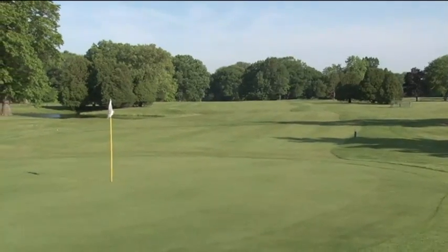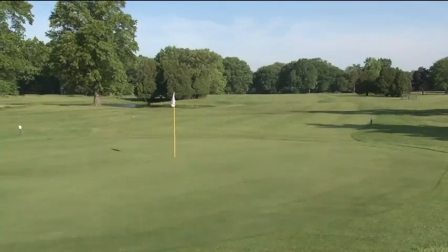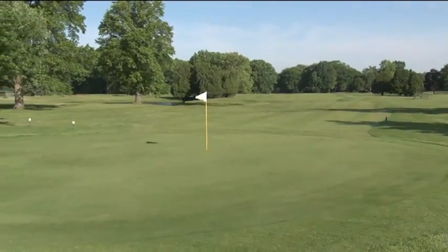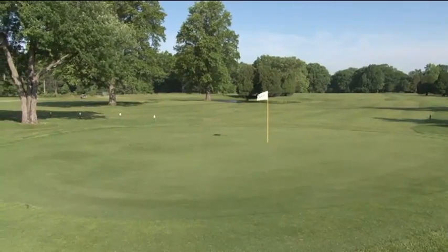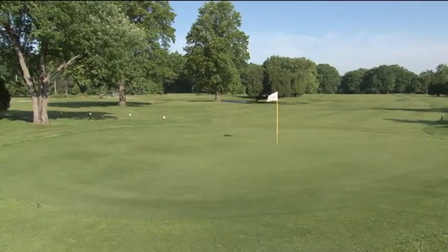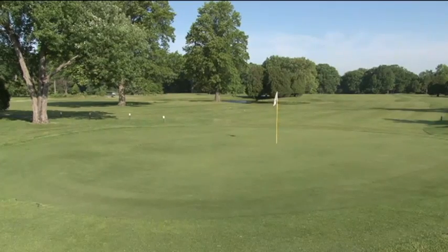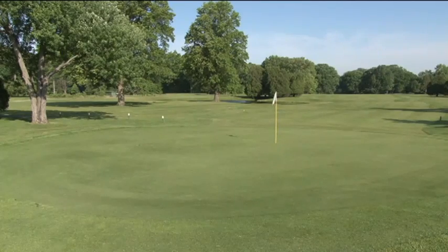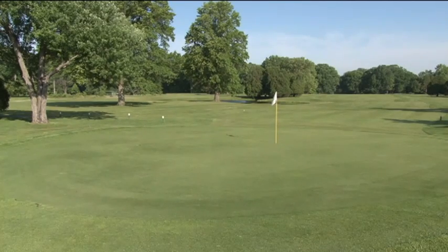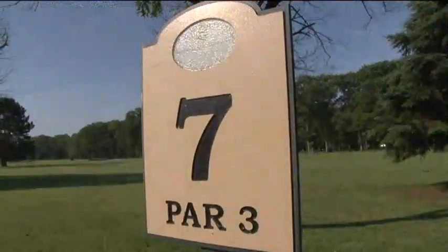And this is a little bit more of a fairer green, I want to say. Correct. I mean, it's tough to get there, but once you get it to the green, you should be able to one putt. You better be able to one putt this. The greens slope from the front to the back, for the most part, so being able to stay below the hole, you can be aggressive with these uphill putts out here. It's a downhill putt you've got to watch out for, and if you get yourself above any of the pins on any of these holes out here, easy does it,